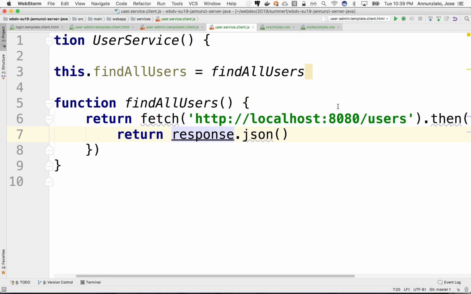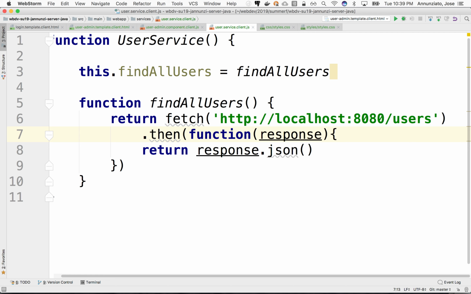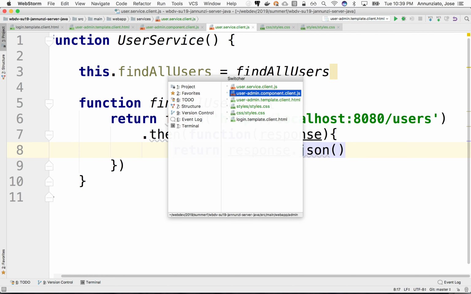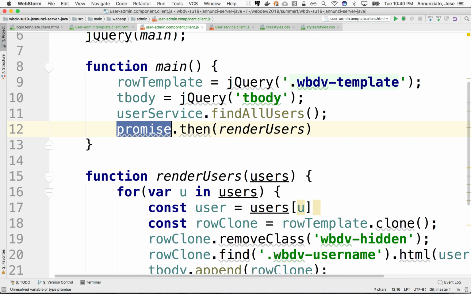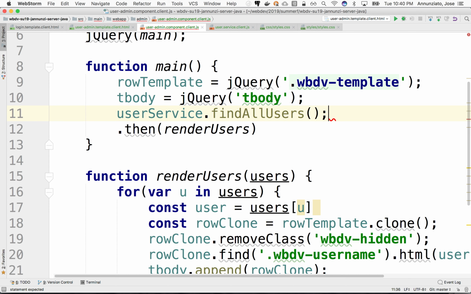Let's clean this up just a little bit. This is a little bit hard to read, so let's put this then here so that it's easier to read. Also in the component client, instead of declaring this promise and then calling the then, we don't really need to do that, because this is the object that comes out of this. So we could just remove this promise and remove the semicolon here.